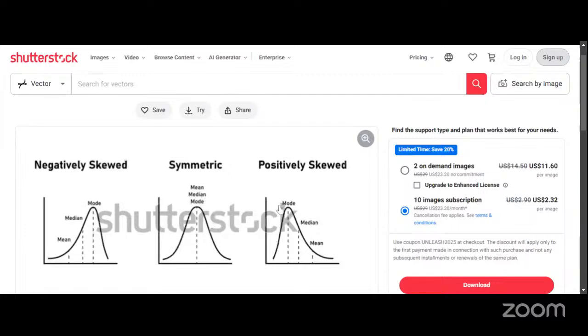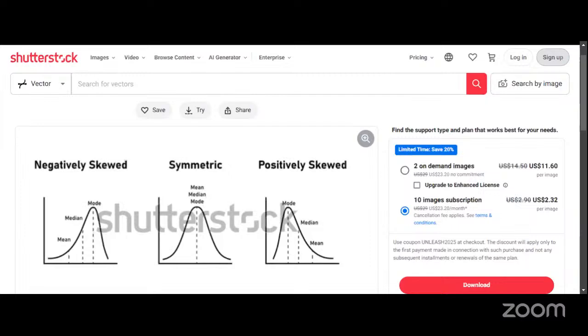Then if most of the values are on the low end, but we have some very, very high values also, then we have a positively skewed bell shape. But a perfect bell shape would be when the values are very close to each other. An example of a range of values that would have a perfect bell shape is 12, 13, 15, 11, then let's say 14.